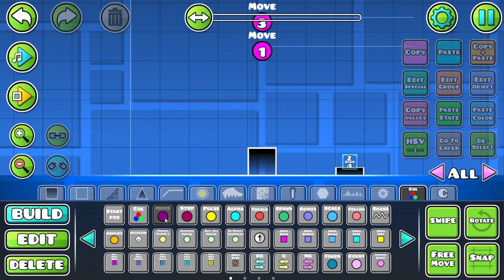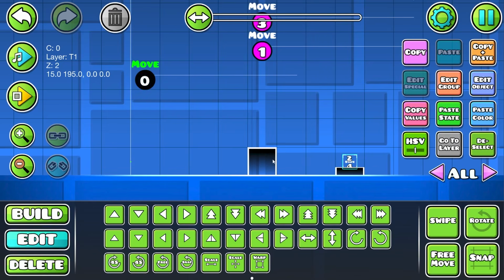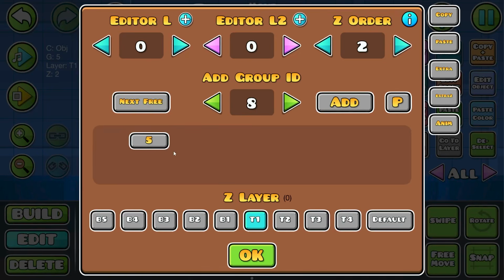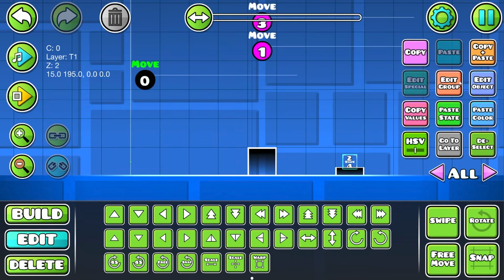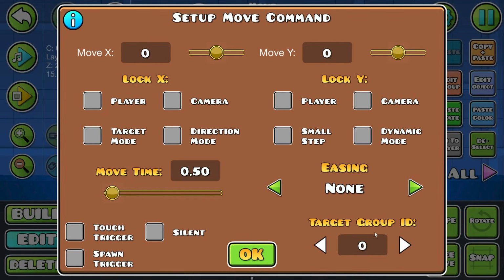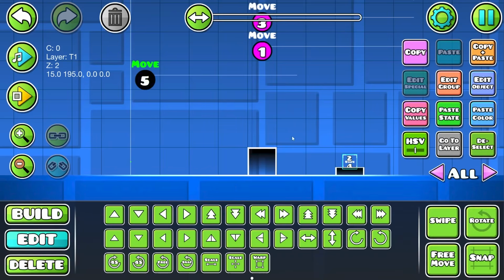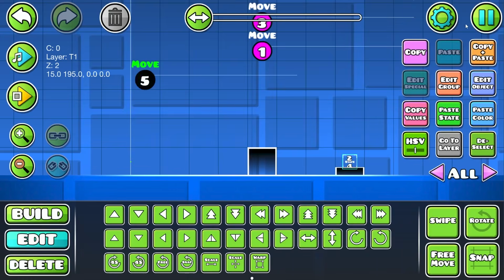And after doing that, all you want to do is add a move trigger. Select the object that you added, make sure you remember the 5. So then select the move trigger, edit object, and then go to 5. And now we want to move it to the right by 1. So on the X, we want to make it 1, then we want to exit, and then click on this one,